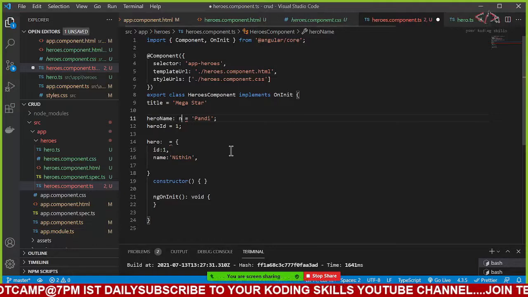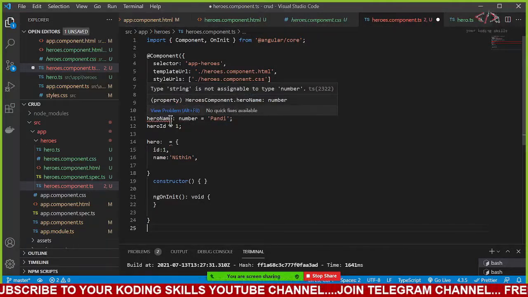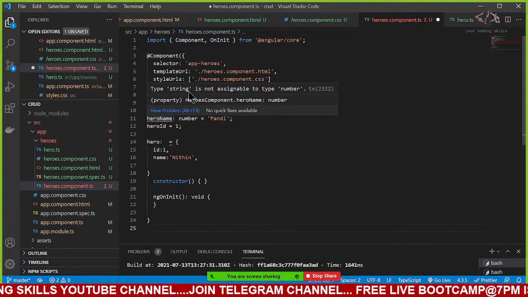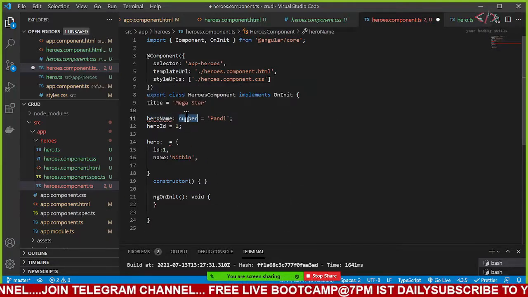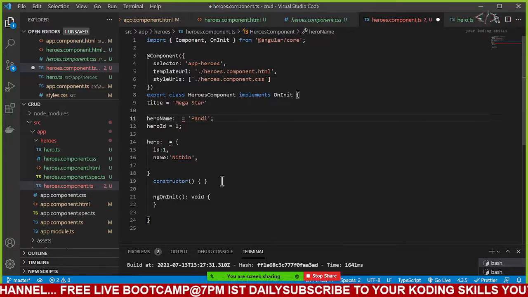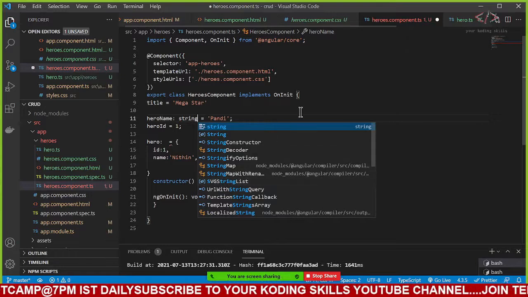But very specifically, if I say this is a number, what will happen? You will get an error saying that heroes component dot hero name is a number, and string is not assignable to type number. You are doing a wrong assignment. If you do any, it's fine, you will be escaped. But now this is a string, so I have to give it as a string here.